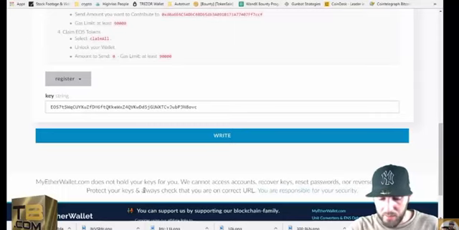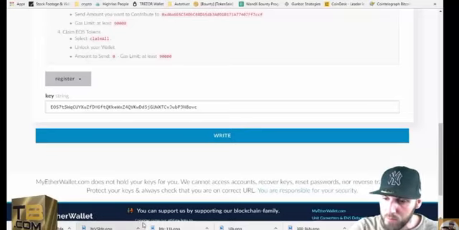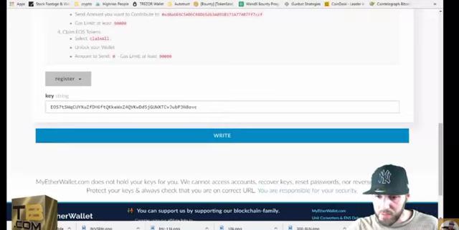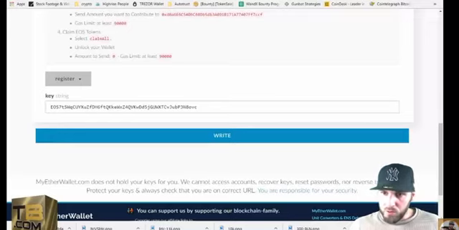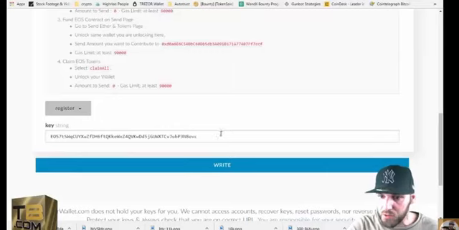You can click on the Etherscan link on the bottom to verify to make sure that it went through, and if it did, you're all set. Your wallet and your EOS tokens that are in that wallet are now registered. Basically, what that's going to do is give EOS a snapshot of the wallet that you hold your EOS tokens in. That way, when the platform is actually released at the end of the token sale, you'll get the equal amount on the new blockchain in that public address that we used here under key string.